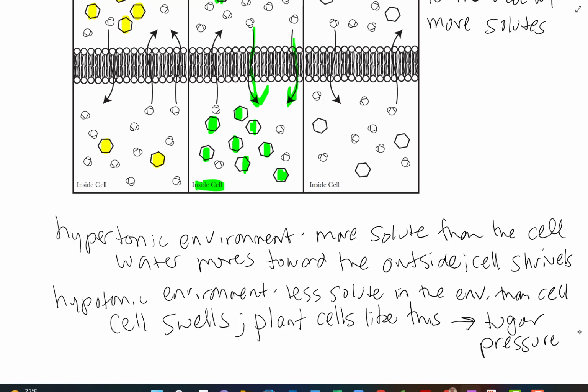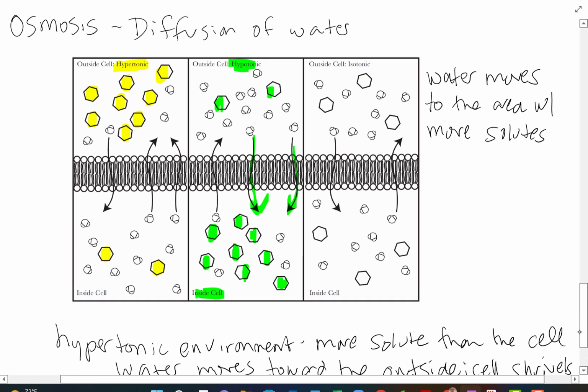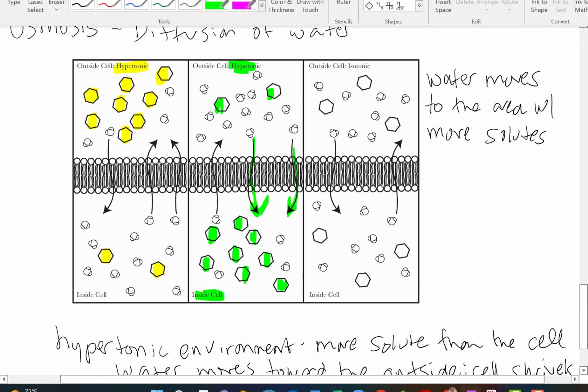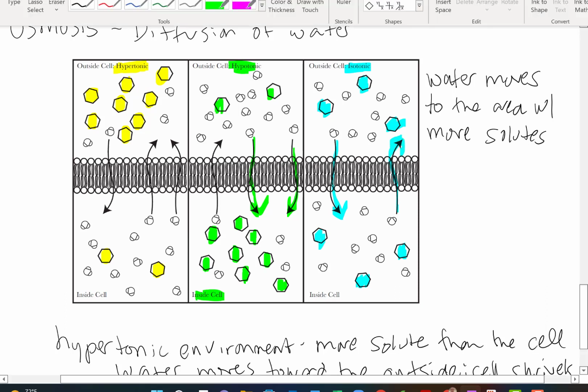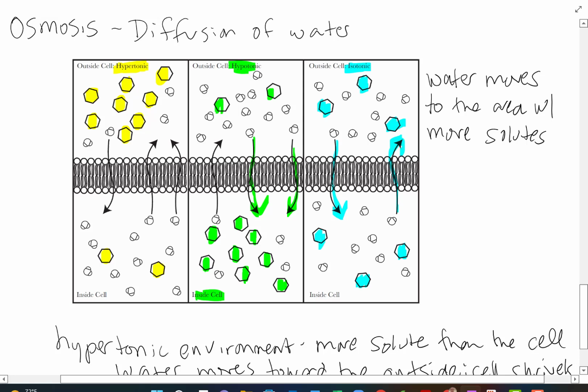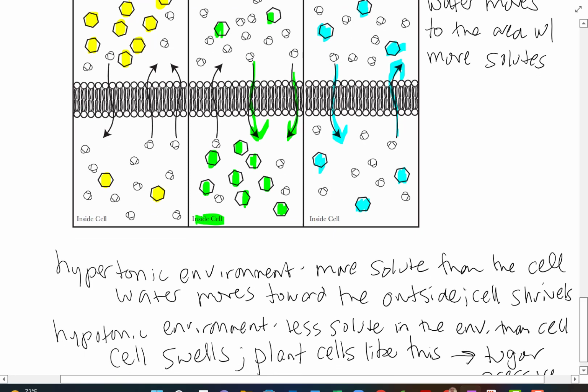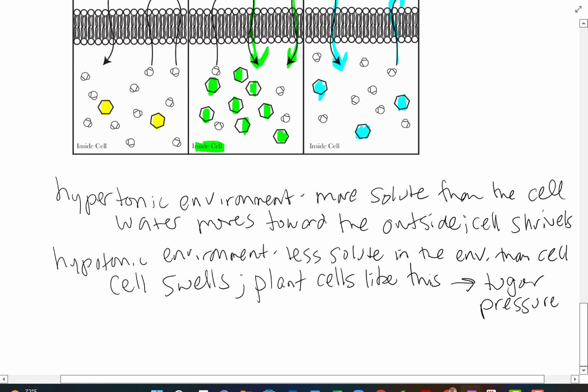stand upright. And then our final environment that we have here, you can see we've got an isotonic environment. We've got an equal amount of solutes, both inside and outside the cell. And so we don't have any net movement of water. Water is going to move because it continually moves, but we don't have a net rush of water to one side or the other. So in an isotonic environment,